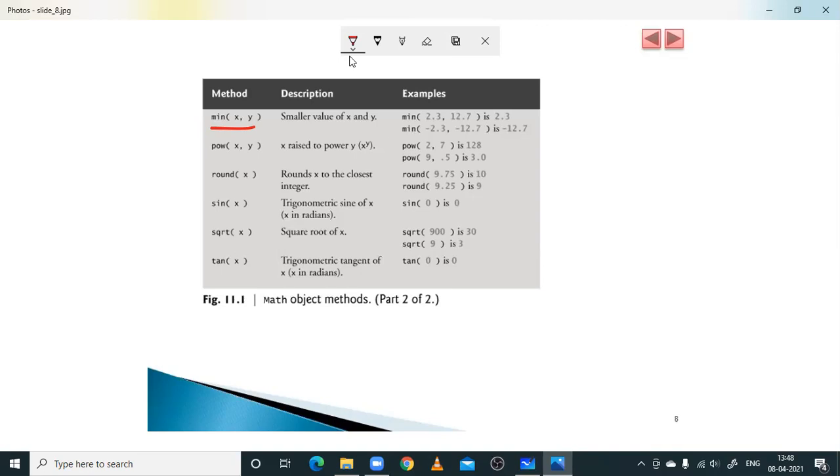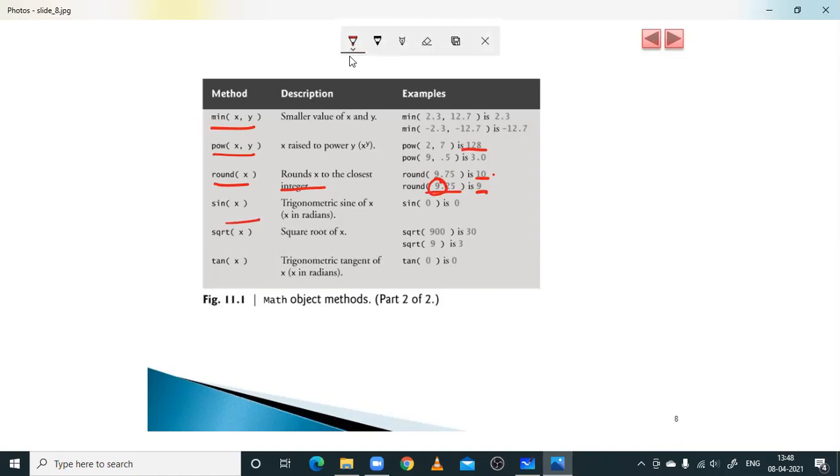Next, power of xy, that is x raised to the power y. 2 comma 7, that is 2 to the power of 7, is 128. And round of x, rounding off to the closest integer, that is 9.75 is 10. If it is 9.5 or more, then it will be 10. If it is less than 9.5, it will be rounded off to the lower number, that is 9.